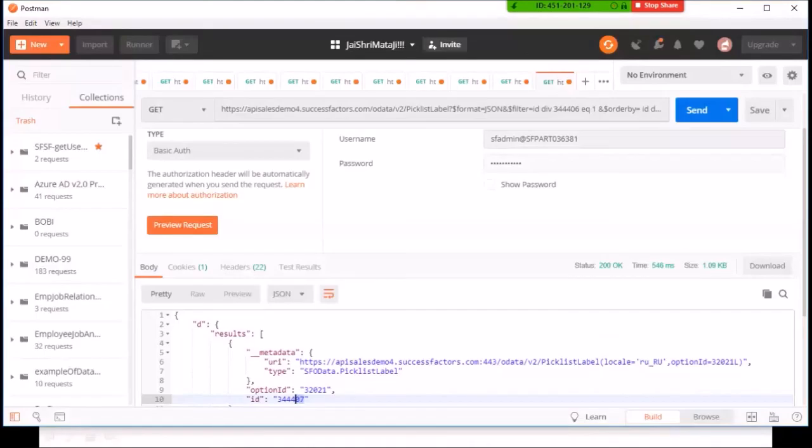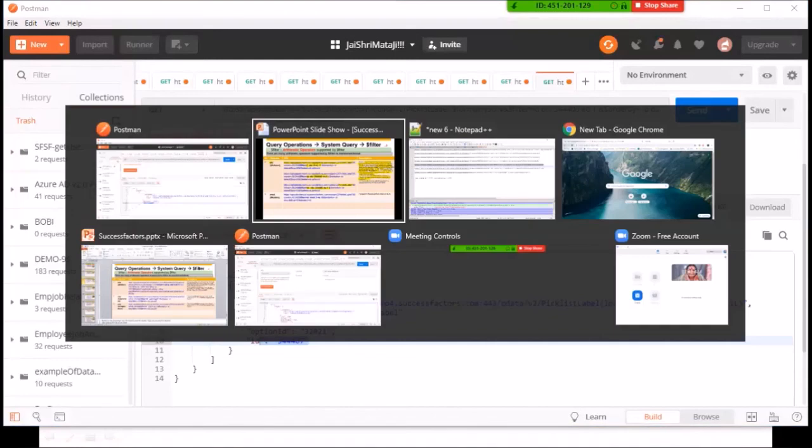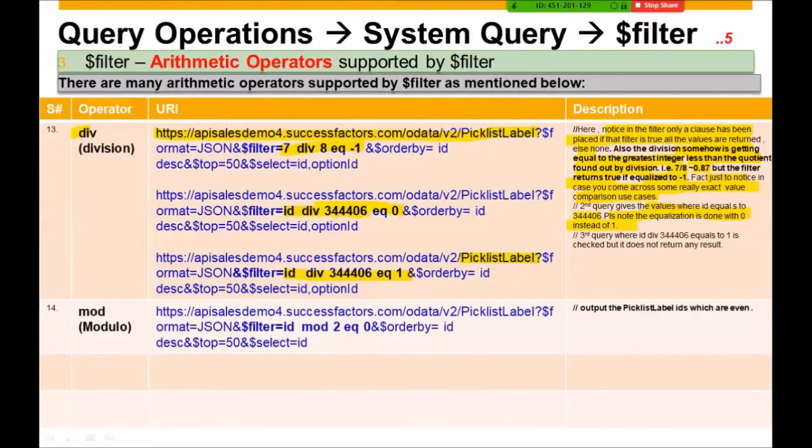So if ID divided by 3444006 equals 1, then it yielded 3444007 as the result, instead of some other value. It should have returned 3444006, but when equated to 1 it returned 3444007. Earlier there were no cases like this and it was not yielding any result when executed on some other instance, but on this instance it is returning one result.